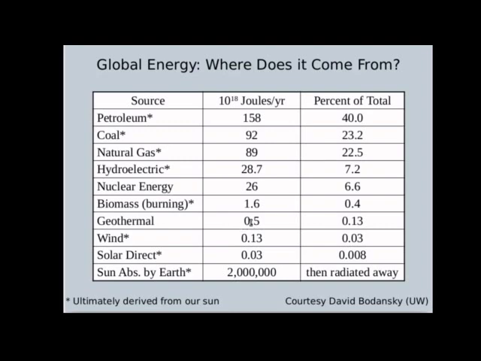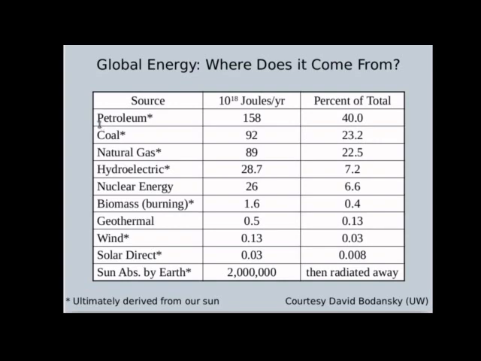And we want to think about development in those areas because those fossil fuels, petroleum, coal, natural gas, have a limited supply. Again, notice that the scale of this table is different again. Here we're using joules, 10 to the 18th joules per year. 10 to the 18th is a billion joules per year, and this is total for the entire world. Also notice that all but 2 of these sources have these asterisks, which means that they are ultimately derived from the sun. So only geothermal and nuclear are not directly or indirectly derived from the sun.